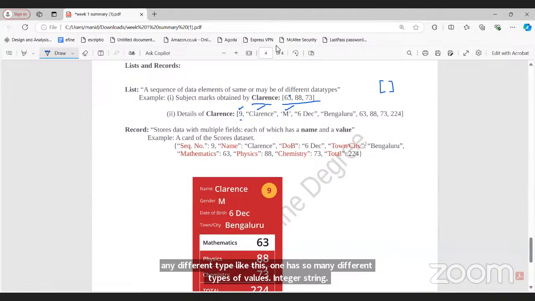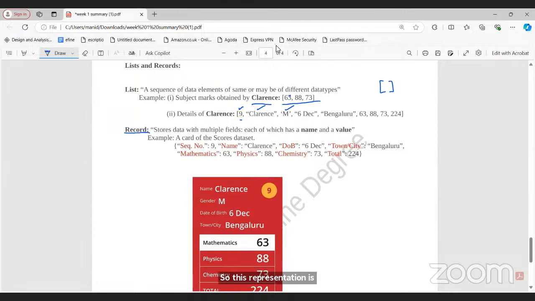What is a record? It stores data with multiple fields, each of which has a name and a value. So this representation is actually, even though we call it a record here, we will be calling this a dictionary when we go into the more advanced weeks. Okay, week 6, week 7, there we will learn the concept of dictionary. So what happens in a record is that, see,